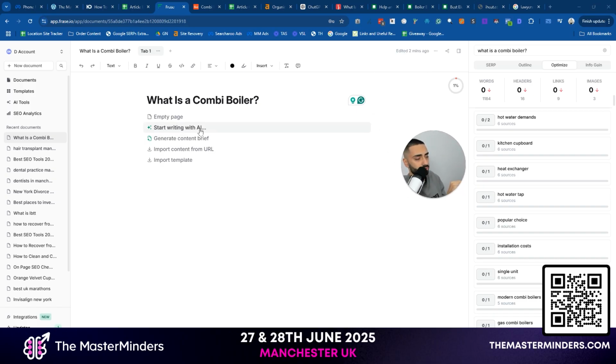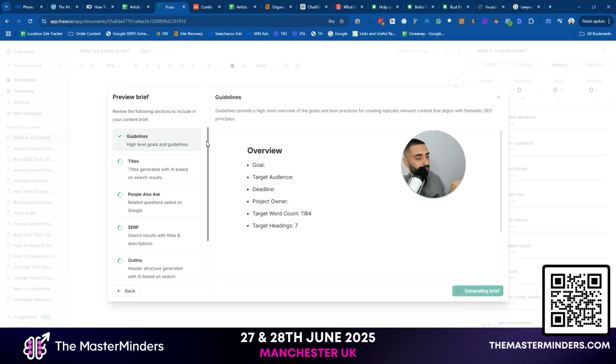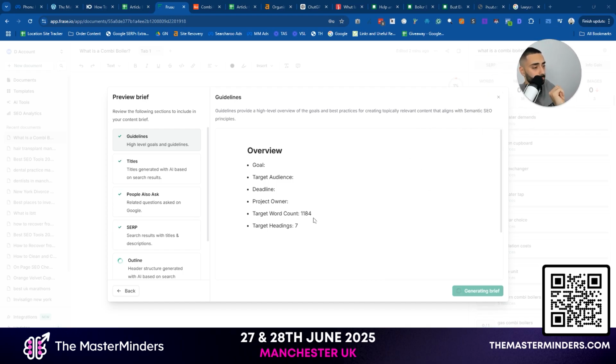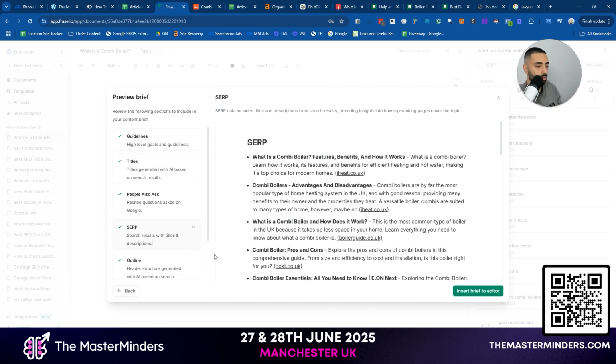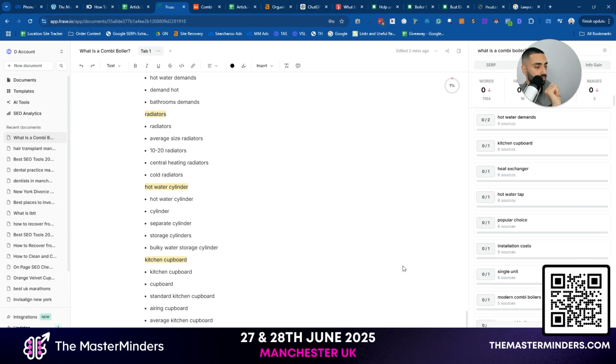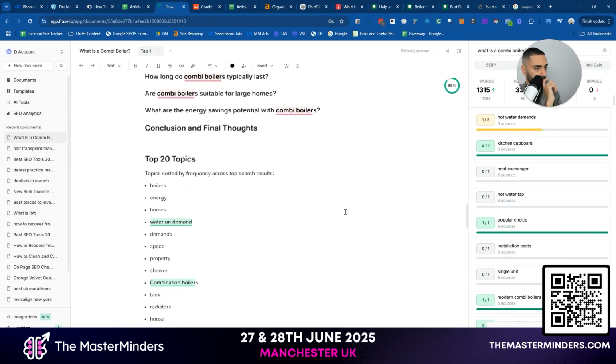And you can also start writing with AI if you really wanted to, or you can just click on generate content brief. Typically I found that this does a relatively decent job. We will see how good of a job that this does. Now, although I am saying it does a relatively decent job, sometimes it can go wrong. So always just make certain to actually include